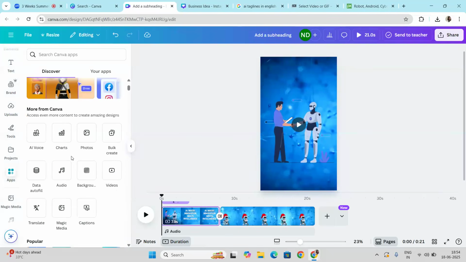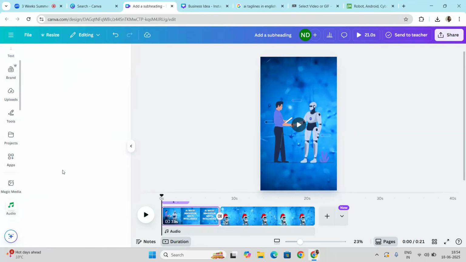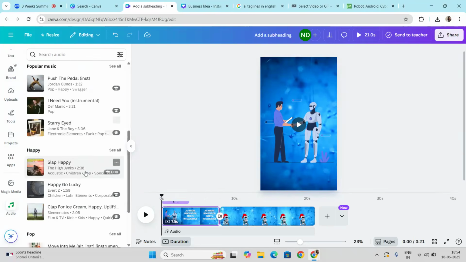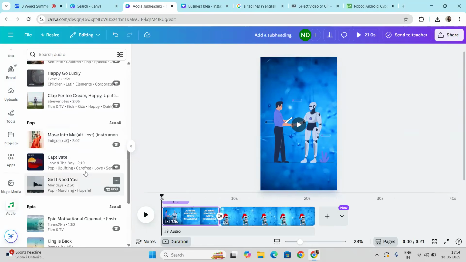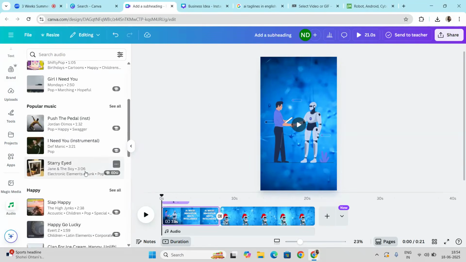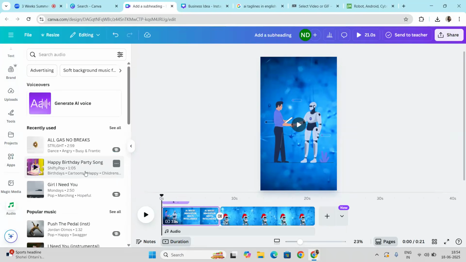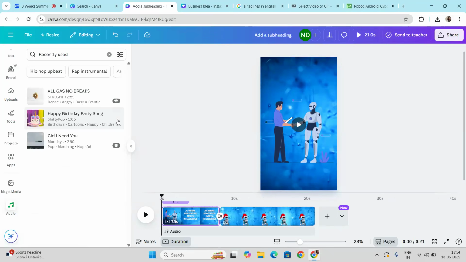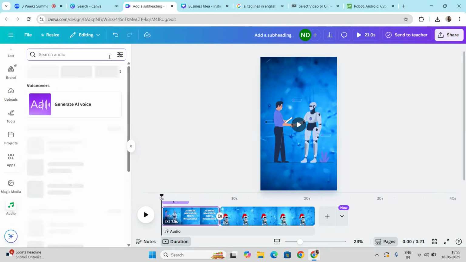While scrolling down, you can see the audio button there. Here you can see audio, and even audio is also written like this. So you can simply click on it, and from here you can add any of the music. But most of the music is only for pro users, and only a few are available for free. So it's good to take music from Google or YouTube and upload your own. This is the only music that I feel is for free users. Otherwise most of the music is for pro users only.